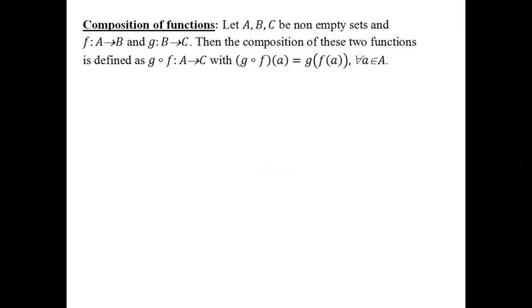First, let us see the definition for composition of functions. Let A, B, C be any non-empty sets and f be a function from A to B and g be a function from B to C. Then the composition of these two functions is defined as g composition f. A small circle in the middle is read as composition. So the composition of two functions is defined as g composition f, which is a function from A to C,